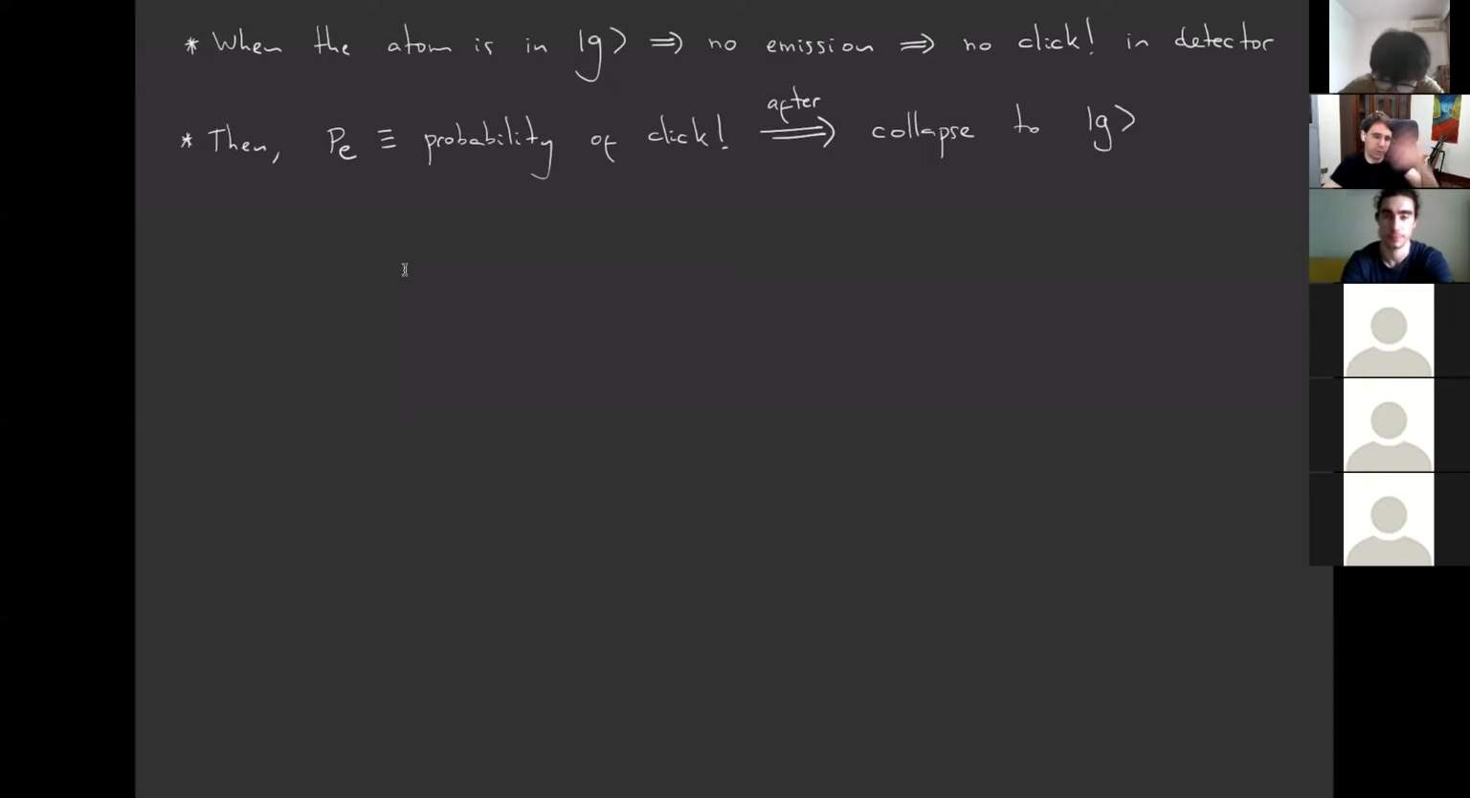Okay, so you start with your atom in whatever state it is, and then you put a photodetector. Whenever you record one click in your detector, you know that your atom is in the ground state. So just with these two very intuitive facts, this allows us to interpret the G2 correlation function, which is the most important correlation function in quantum optics, in the following way. So the G2 is equal to the probability